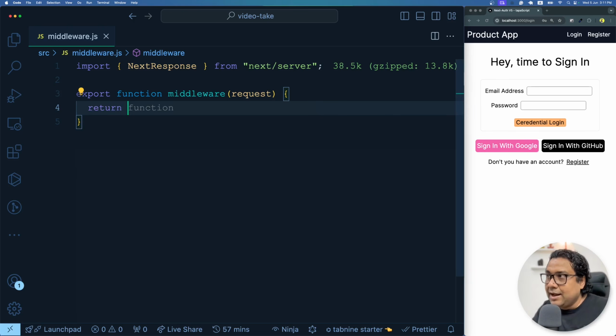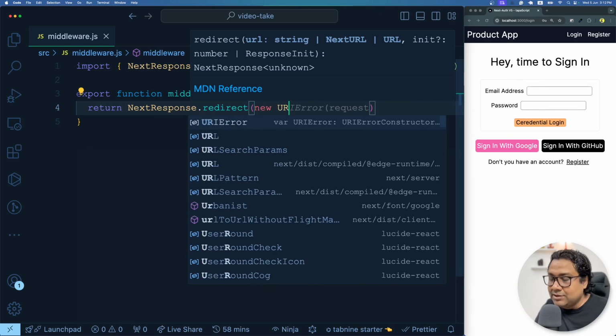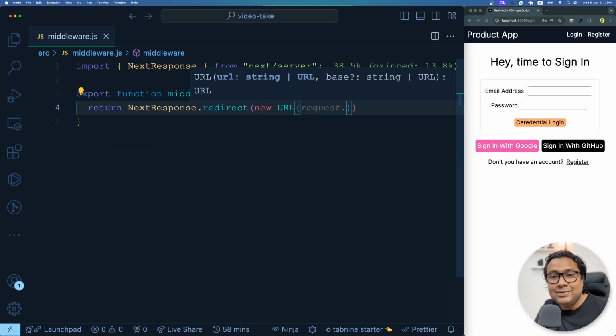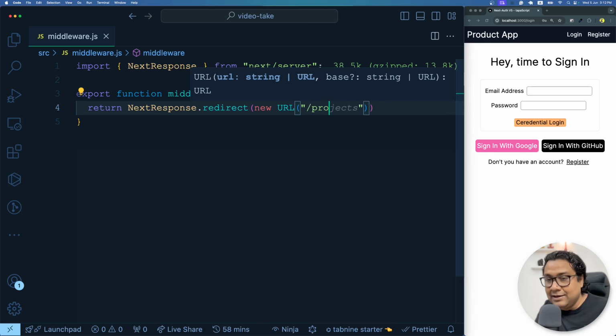Return NextResponse, which has a method called redirect. And inside this redirect, you can tell which URL you want to redirect to. For that, you have to form a URL using the JavaScript URL object that takes two parameters. One is mandatory, another is optional. The mandatory parameter is the URL you want to redirect to. So I start with / and give a relative URL path, say